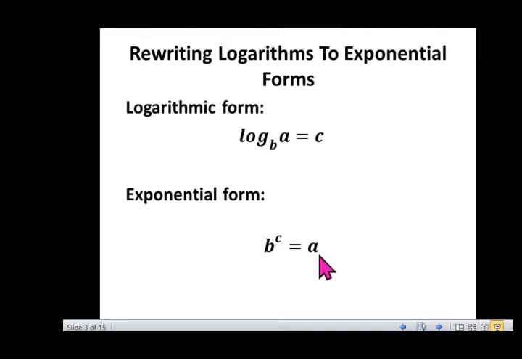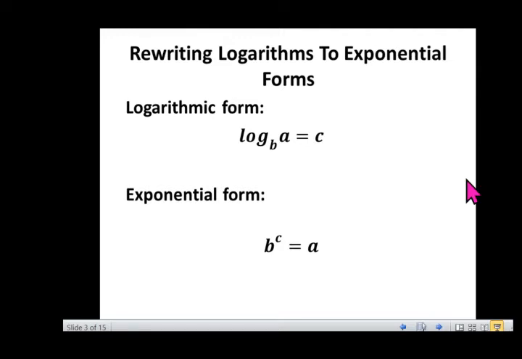As you can see, class, the variables that we use for our expressions are similar. We have used the variables a, b, and c. What have you observed, class, with the variables being used in our logarithmic expression and exponential expression? Yes, the variables that we have used in the logarithmic form are the variables that can be found in the